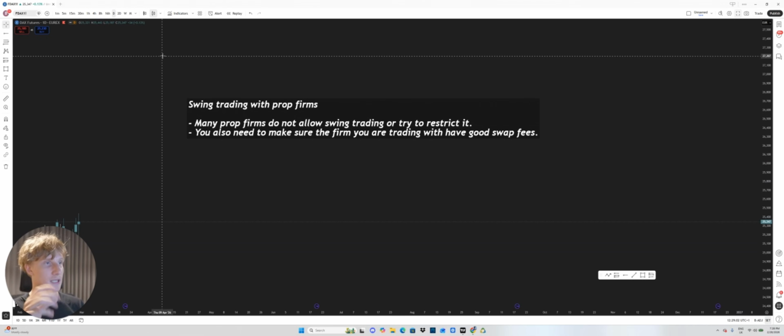Another thing that you need to consider is their swap fees. So because we are going to be holding during market close, whether it's overnight or over the weekend, what that means is that we get a swap fee, which is essentially a commission for holding overnight. And depending on the firm that you're trading with, it can be an absolute piss take. Like, you'd be surprised, even big firms like FTMO, for an example, I'll put a screenshot on the screen. But yeah, they will charge you, if you hold for a few days, like $500 in swap fees, which is like a decent amount of your profit. So it's something that you really, really need to consider.